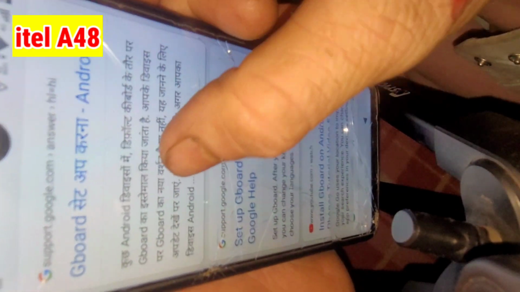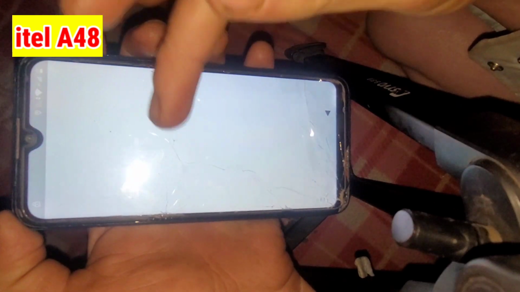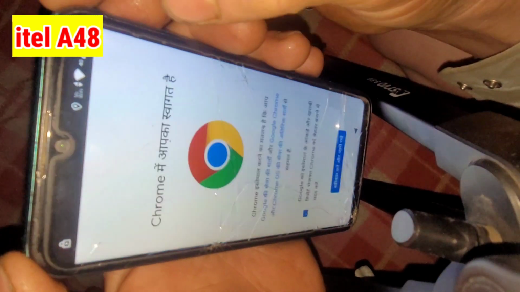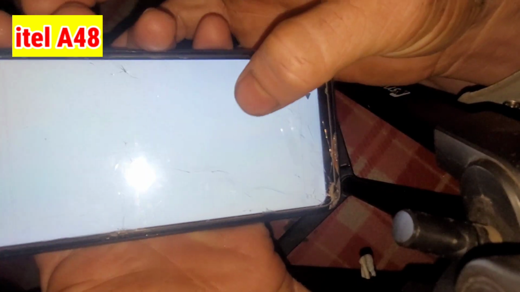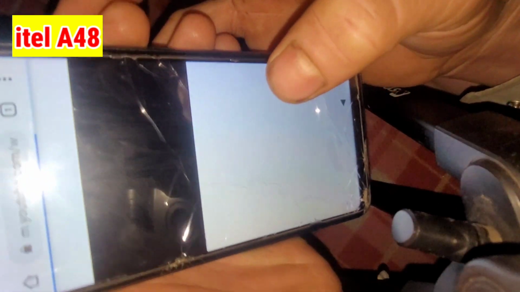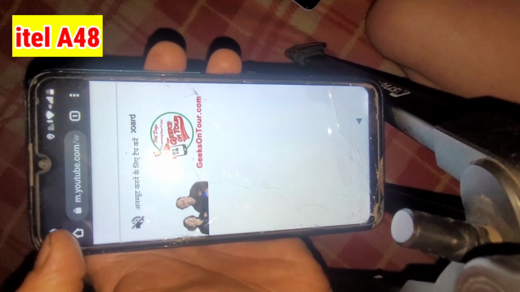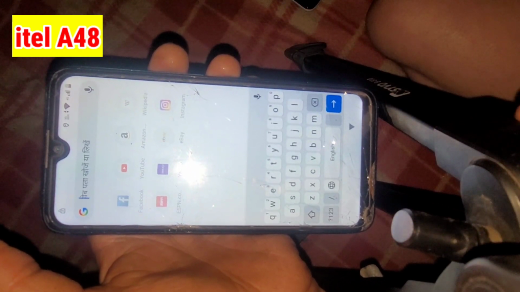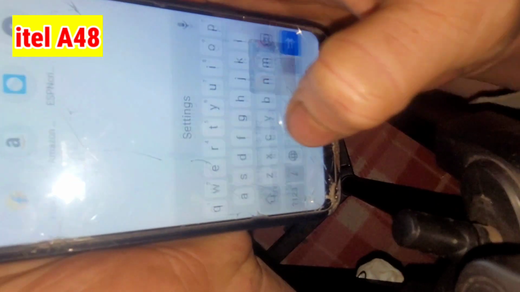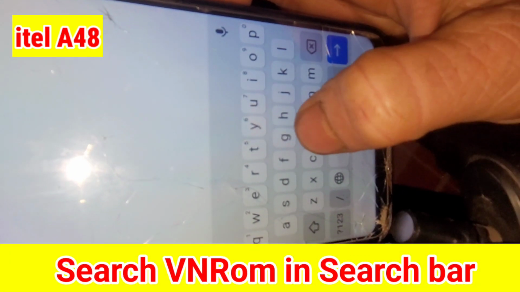Click on the YouTube link. Here you can see the Chrome browser has opened. Here, no thanks, and go back from here to the home page and search the VNROM website in the search bar.